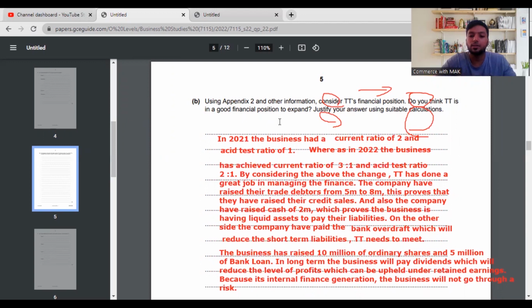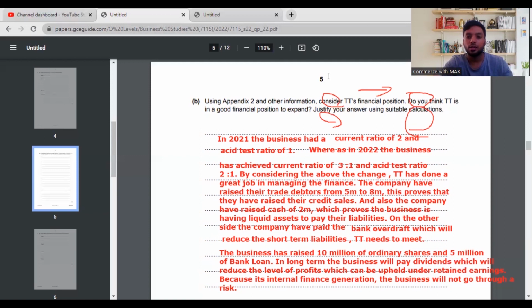TT needs to meet. The business has raised 10 million of ordinary shares and 5 million of bank loan. In the long term, the business will pay dividends, which will reduce the level of profits which can be kept under retained earnings, because it's internal finance generation. The business will not go through a risk, but you can also say